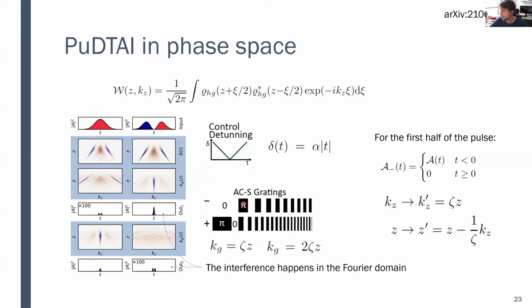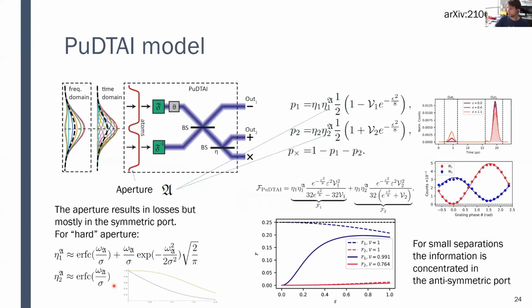So I can say this is a grating with a changing periodicity. It must have a higher periodicity here because it's a larger wave vector, and lower periodicity here because it's a lower wave vector. Next we read out one port, then we put in a different grating which reverses the process, and we can observe the other port. I refer to more details in our arXiv paper about that, but the important part is that we indeed obtain the two ports.